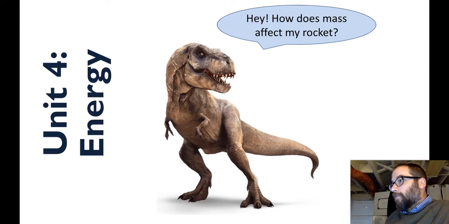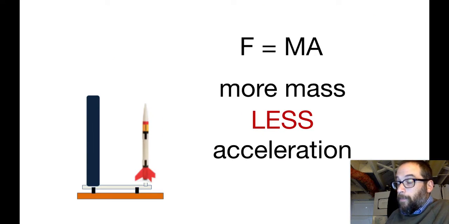All right, scientists, in this video, I want to help you understand how mass will affect the flight of your rocket. We didn't get a chance last class to talk about how this design feature affects your rocket, and now we can. So, understanding this takes us back to the second law, which very simply put says if you increase the mass of an object, or if you apply the same force to objects of different mass, if you have more mass, you'll get less acceleration.